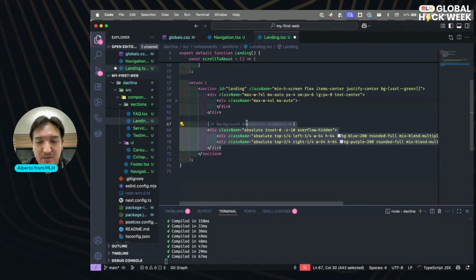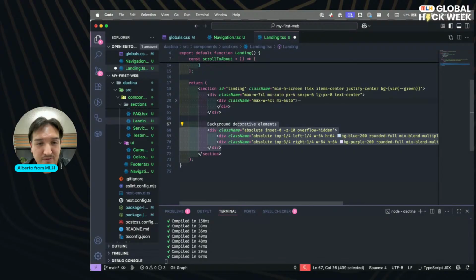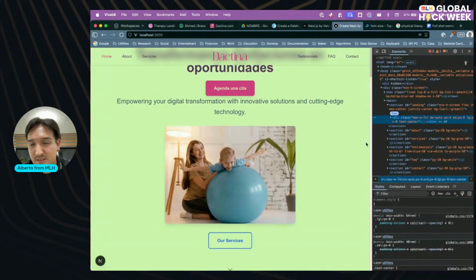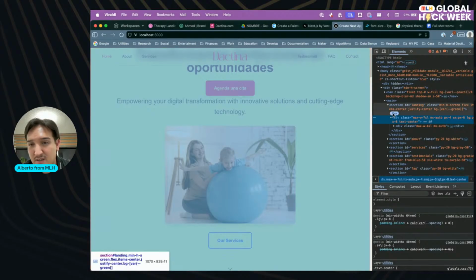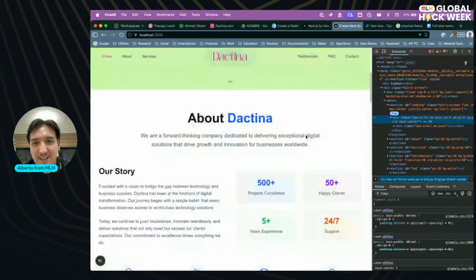Maybe we can remove them, and it won't affect a thing. This is just a section and just one big element here, right? That's a problem.